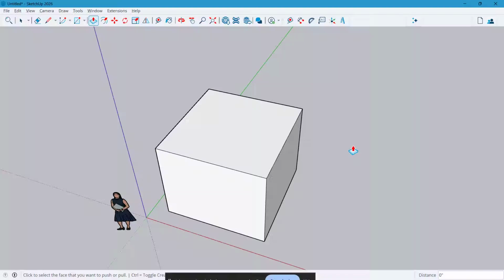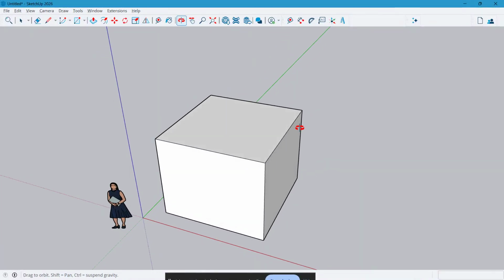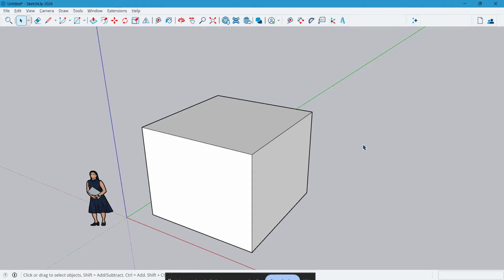If you want to create advanced shapes in SketchUp fast, the Follow Me tool is one of the most useful native tools you can learn. In this video, I'm going to show you exactly how to use the Follow Me tool in SketchUp 2026 step by step, so you can build things like crown moldings, railings, pipes, decorative trim, and even more complex curved forms